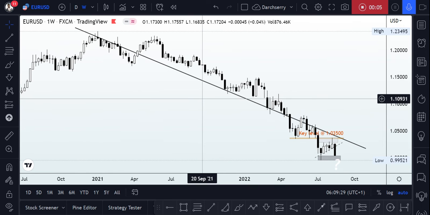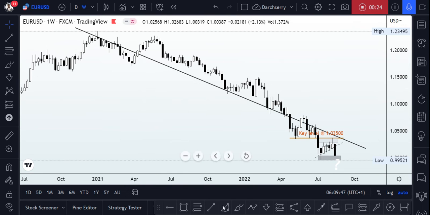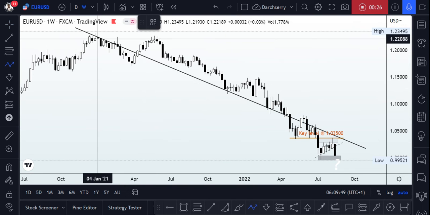Let's take a quick look at what is happening on the Euro USD. I'm looking at the higher time frame, and this is the weekly time frame. On the weekly time frame, after realizing that we have been on a very strong bearish momentum since the beginning of the year, what I was able to do was to look at the structure here and identify